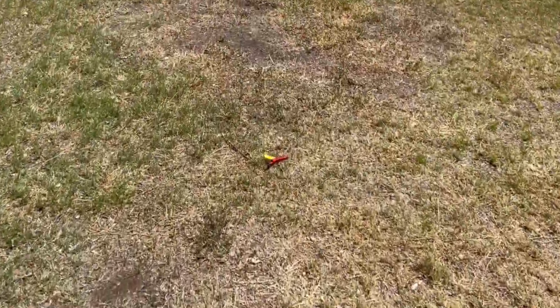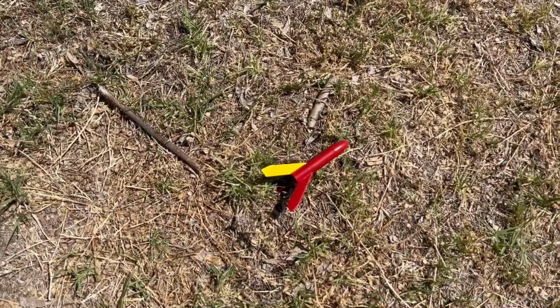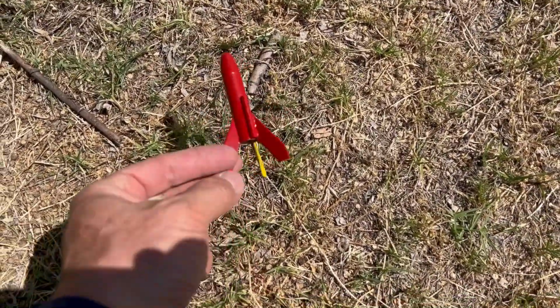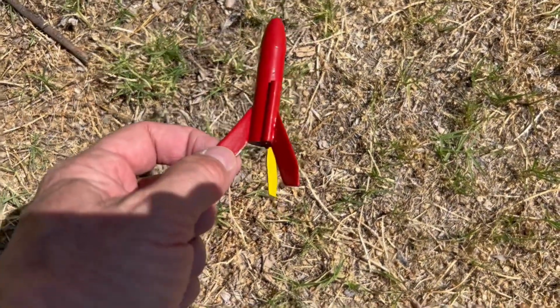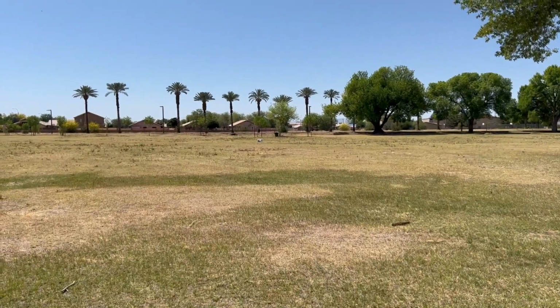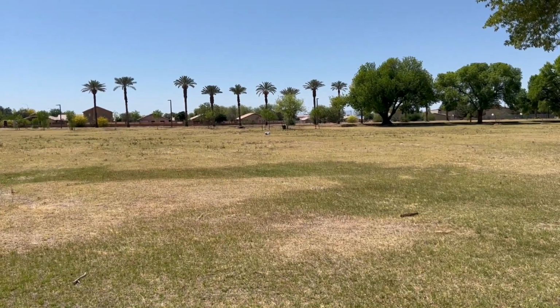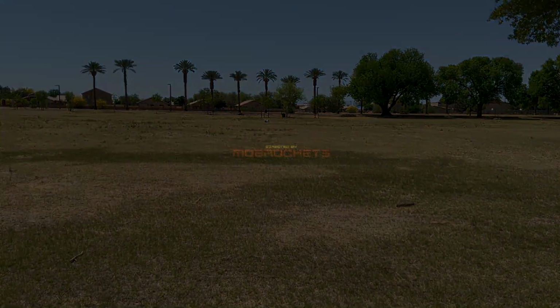And after about 15 minutes of looking around, there she blows. Marvelous, and all in good shape. It's probably about 20 feet away from when the motor landed, and probably 100 yards from where I launched it. So very good. It's a good day when you get your rockets back. And I've had a